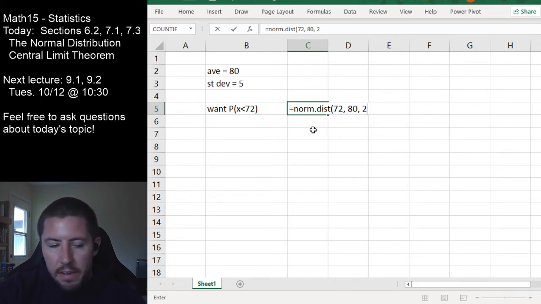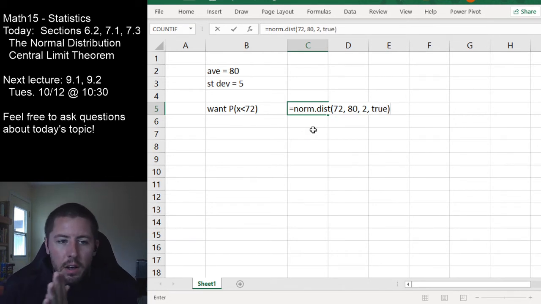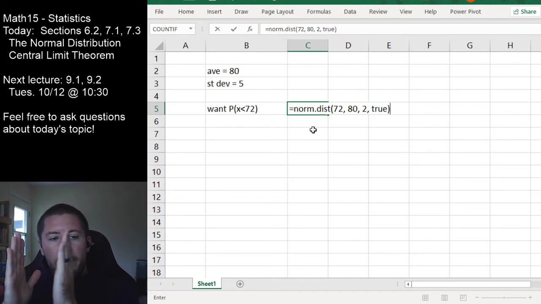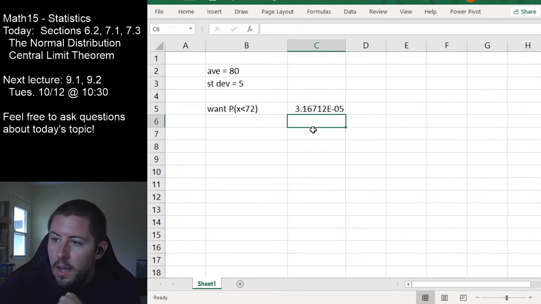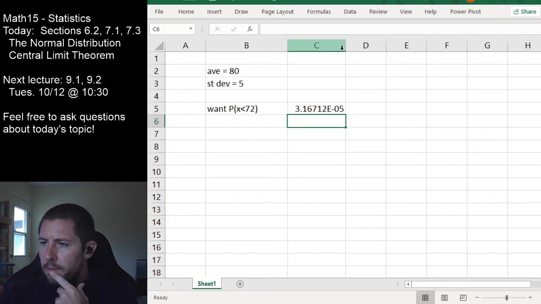The standard deviation of our distribution is 2. And here, by the way, we are always going to give true for all of the Excel computations that we're going to do here because we are always accumulating a probability up to some amount. Up to 72 is all the locations of interest right here. And so when I hit enter right here,